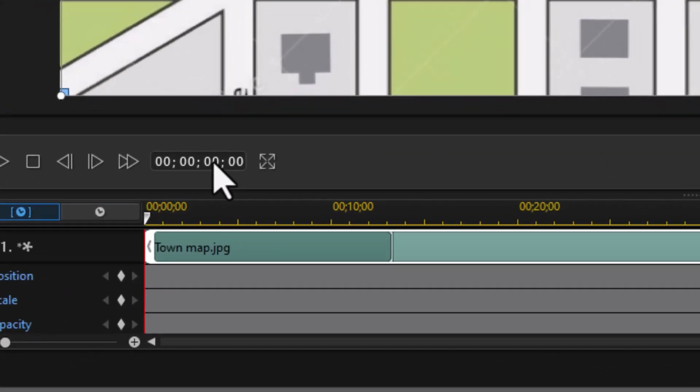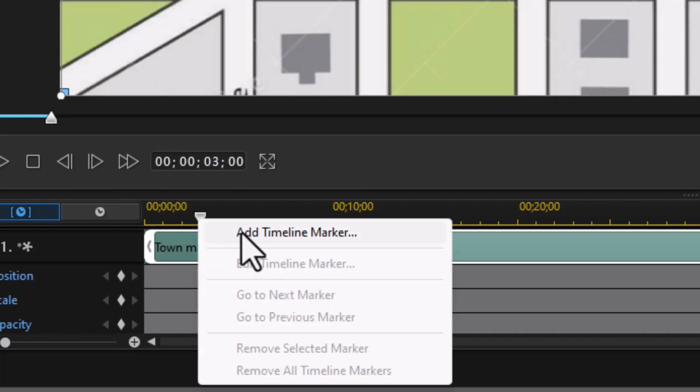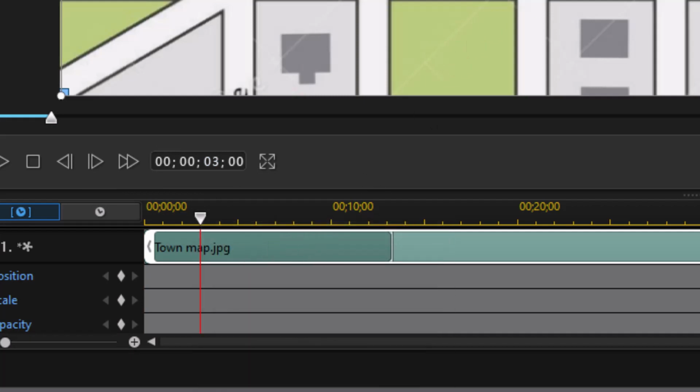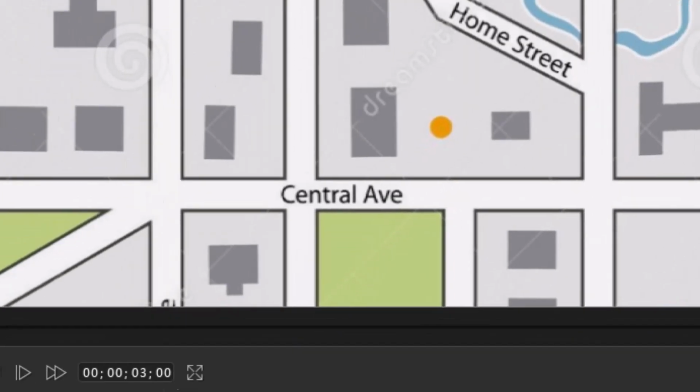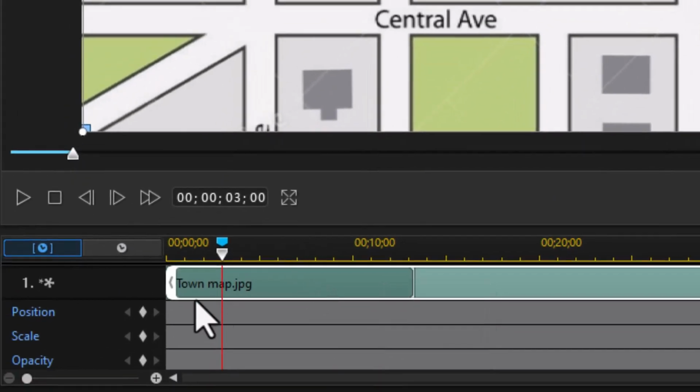I find that helpful. I'll click on the time code for seconds, type 3, and press Enter. And then I'm going to right click and add a timeline marker. So I could give it a name. I'm not going to do that in this case. I'm going to click on OK. So we move in this far, and then I'm going to set 2 keyframes. So right now it's going to be full screen. Then I'm going to go in, say 2 seconds more, which will hit me at 5, press Enter, add a